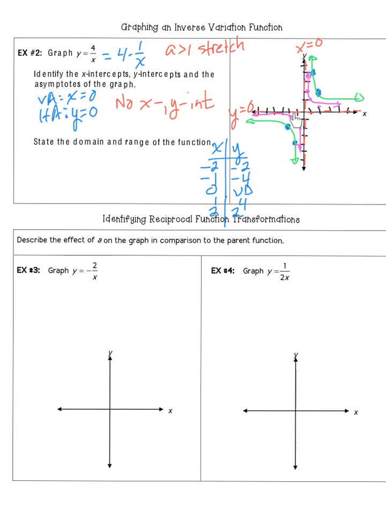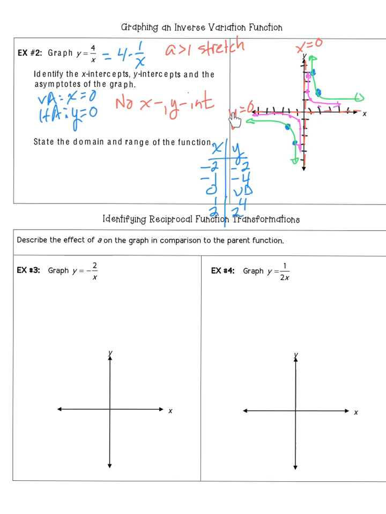So you can see this is the parent function. So it's much closer to the origin, and this is 4 over x. It has been stretched. We've taken this and stretched it this way. We've taken this one and stretched it this way. So it doesn't get stretched too much, so 4 doesn't create too much of a stretch, but it is a stretch. Now our domain and range is going to be identical to the parent function because our vertical and horizontal